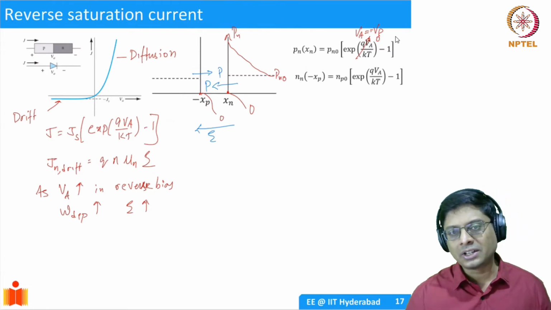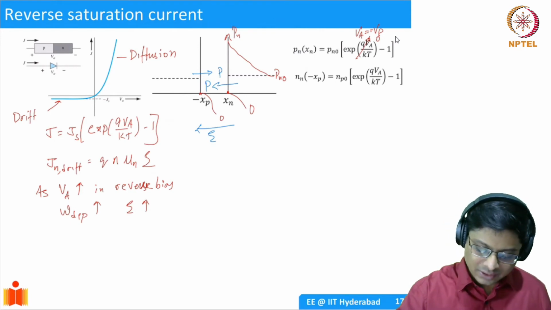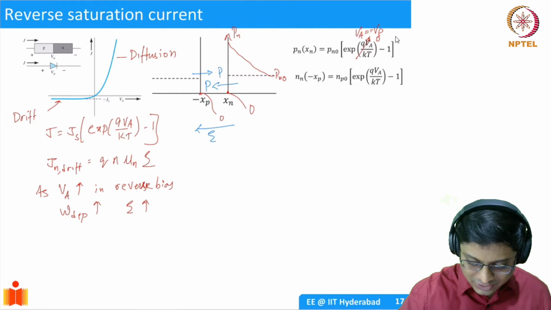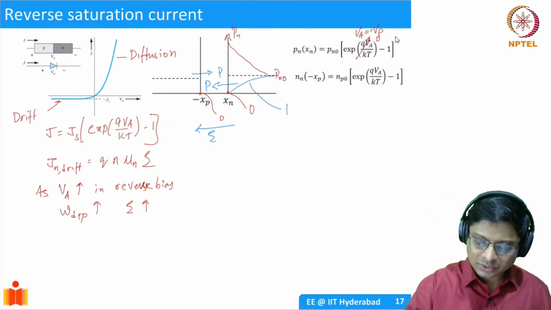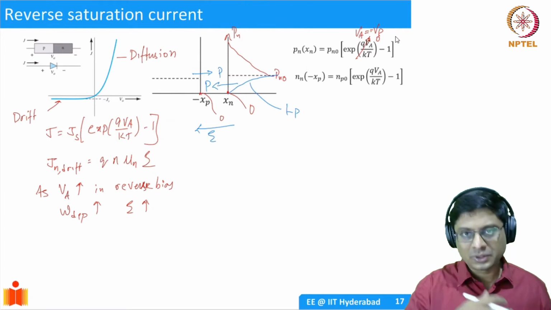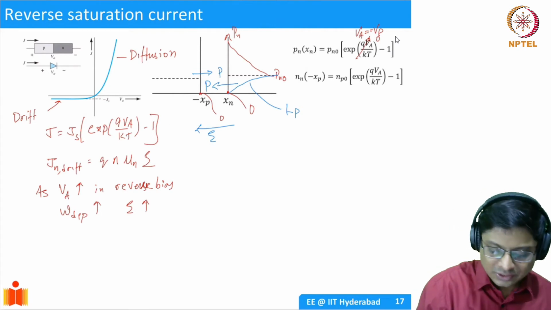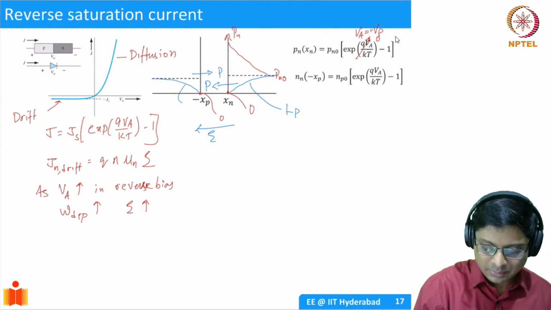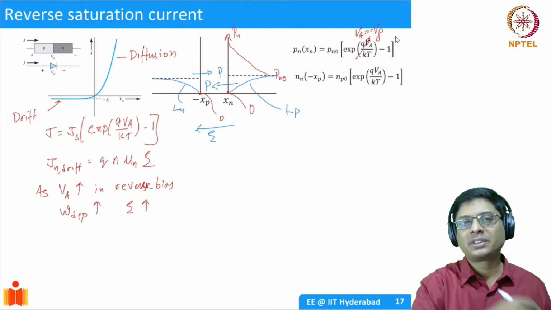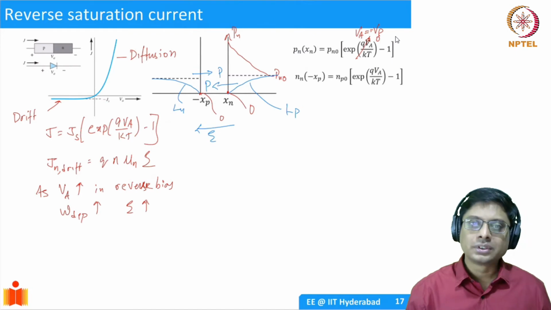So how does the profile look in the reverse bias? The minority carrier profile is going to be exponentially increasing. The same diffusion length, Lp, is going to be there. So over a few diffusion lengths, the minority carriers are going to come back to equilibrium. Similarly, sorry, on the p side, electrons are going to come back to equilibrium after a few diffusion lengths. So, can this explain our dilemma?